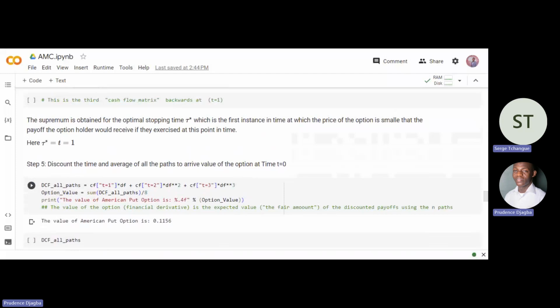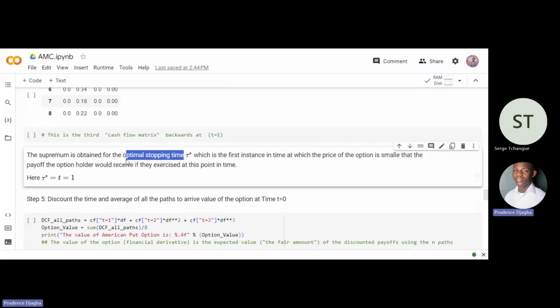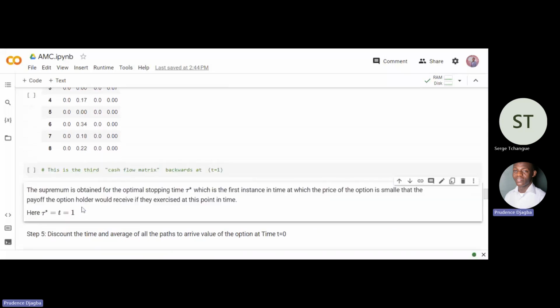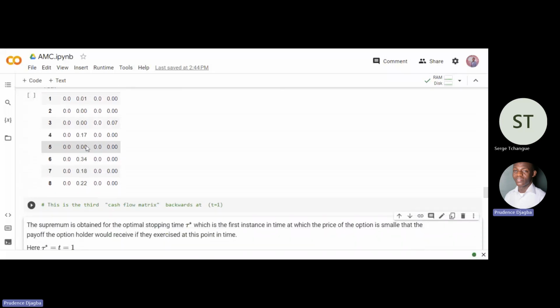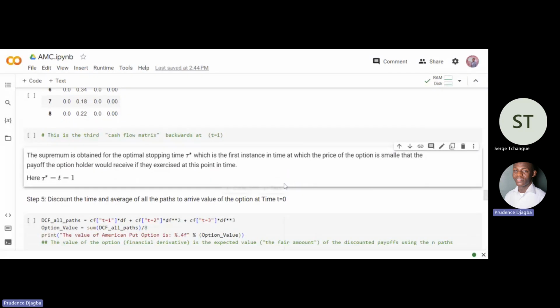Carry on. So the optimal stopping rule, according to the description of the algorithm, is the first instance in time at which the price of the option is smaller than the exercise payoff. So it should be t equal to 1, the first year, because this is the first time that we observe this inequality. Since I have the optimal time, I can now, from the algorithm, just do